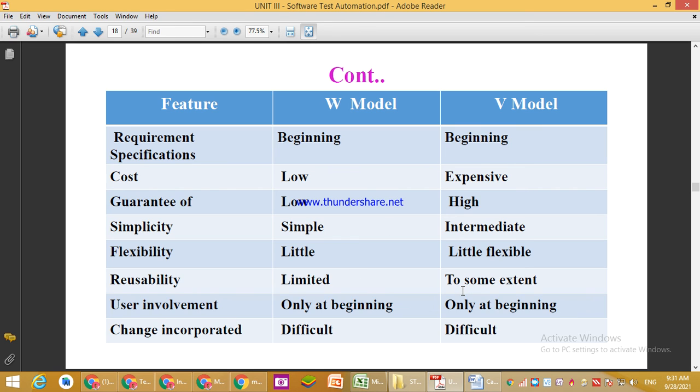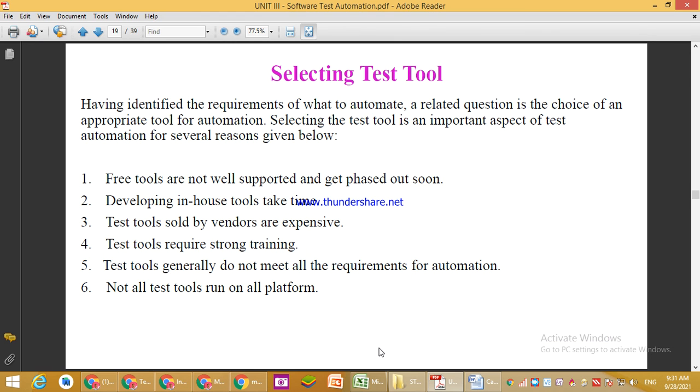User involvement is only at the beginning in both. Change incorporation is difficult: if a change happens, it is difficult to incorporate it. This is the difference between the V model and the W model.